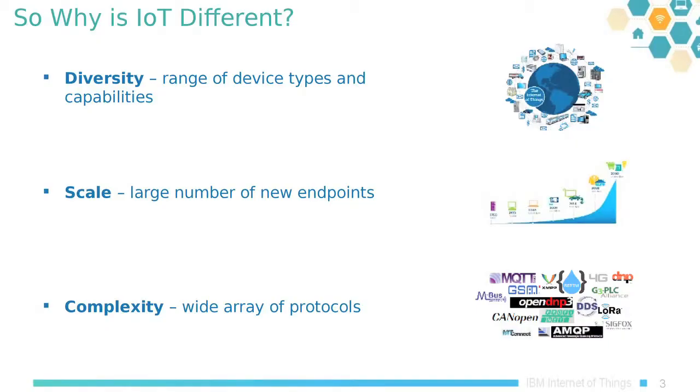All right, let's see. How about this? So why is IoT different? I just got done saying why I think IoT is actually rather the same, but IoT is different. There's a lot of devices, a lot of device types, a plethora of systems. We heard earlier today a question about, well, will there be consolidation? Will it all run down one vendor? I don't think so. Yeah, I think there will be consolidation in the market, but I don't think we'll get to one vendor, simply because of this diversity of the devices themselves.